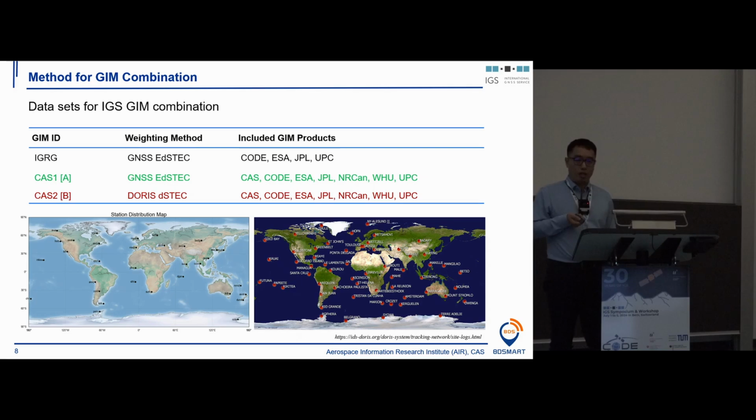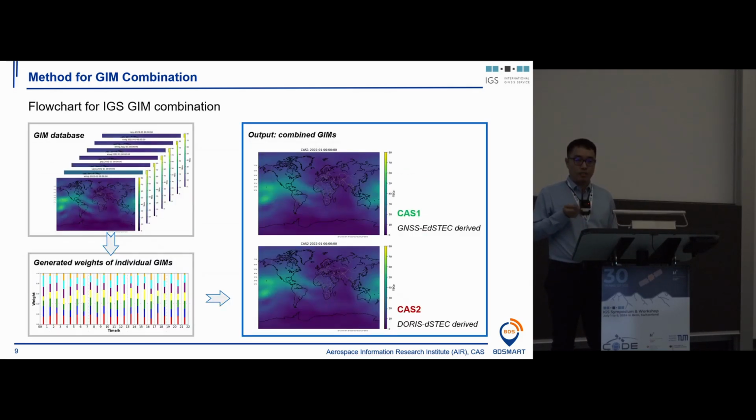Here is the flowchart. First we have access to those GIMs provided by our 7 analysis centers. Then we calculate the weight of the GIM product provided by each individual analysis center. The output: the first one is the combined GIM calculated by the conventional GNSS-dSTEC analysis, and the last one is calculated by our proposed